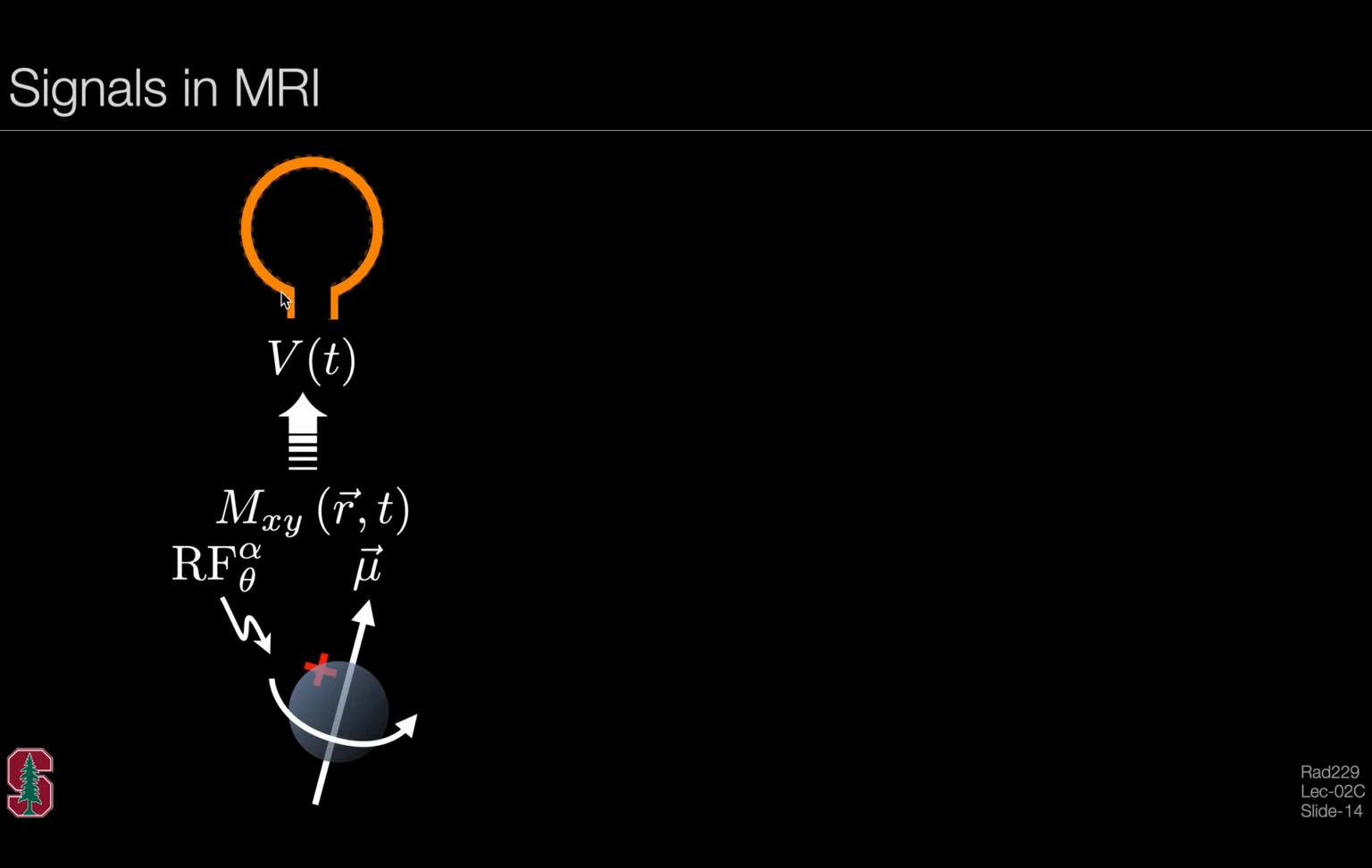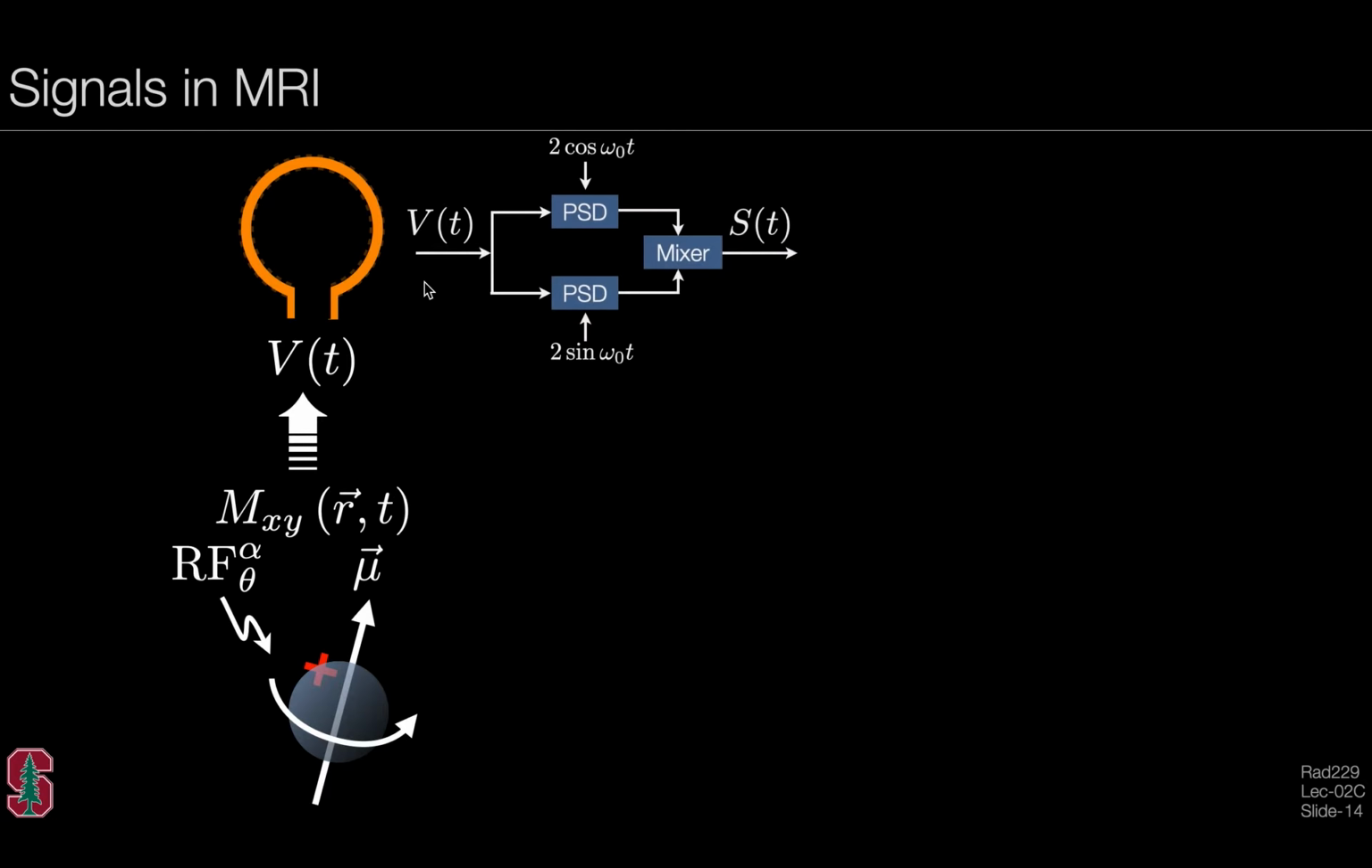That will inherently allow us to induce a voltage in a nearby coil according to Faraday's law of induction. And this voltage signal that we record is actually very, very high frequency. It's in the megahertz range, close to the Larmor frequency, for example. And we use sophisticated phase-sensitive detection techniques to transform this voltage signal into a different signal that we call the